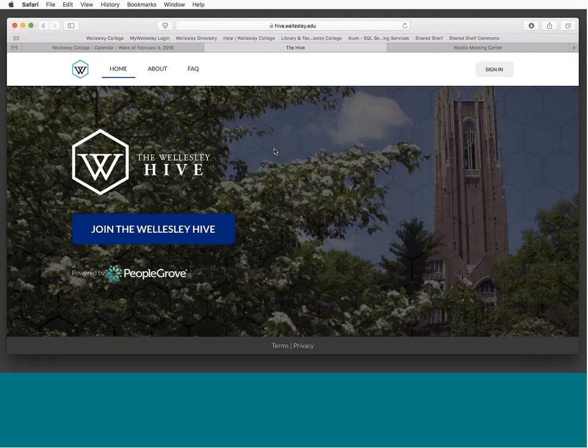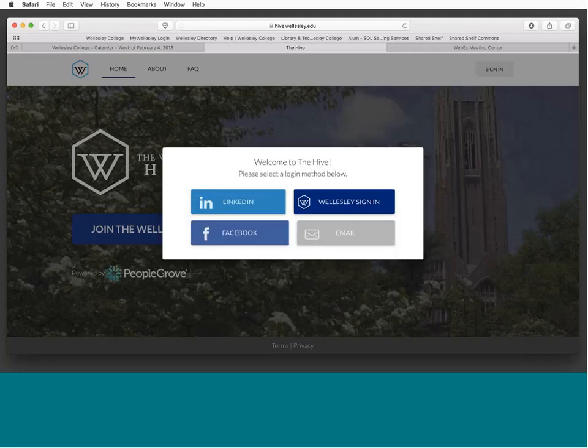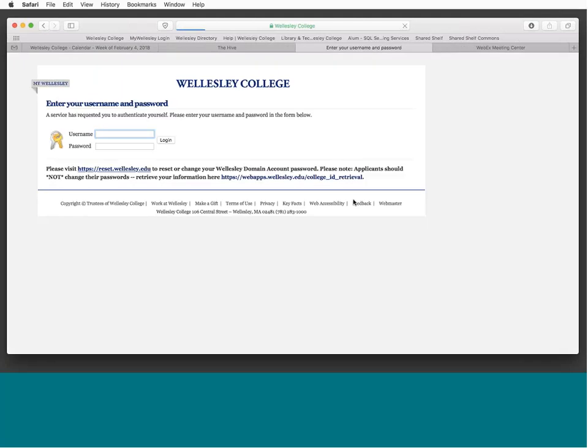So, if you go to hive.wellesley.edu and you click on Join the Wellesley Hive, you get these 4 options. And even though you can use LinkedIn or Facebook or email to begin, we recommend that you use the Wellesley sign-in. That is going to populate your profile with some of the initial information that the college has for you, and then you can update your information as you go. So I'm going to click Wellesley sign-in,